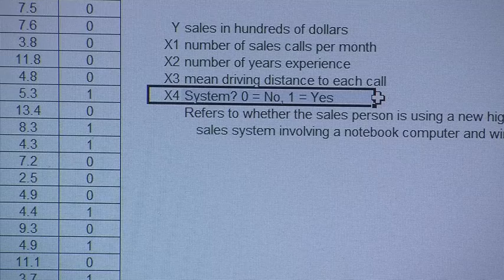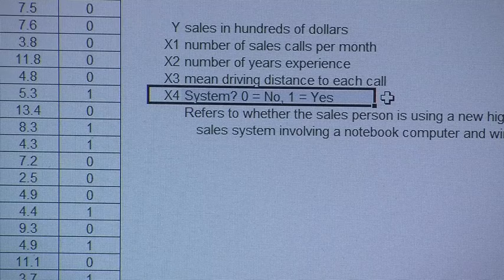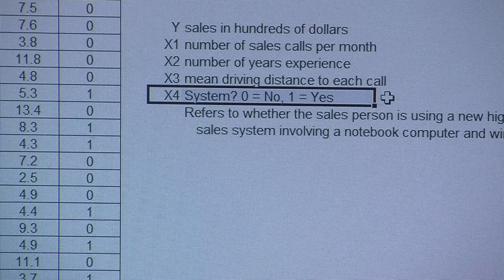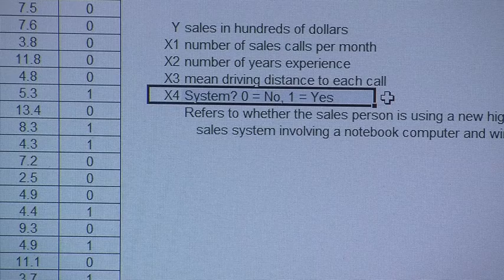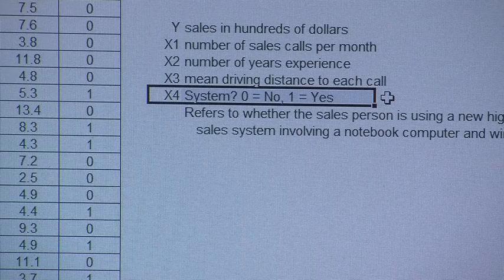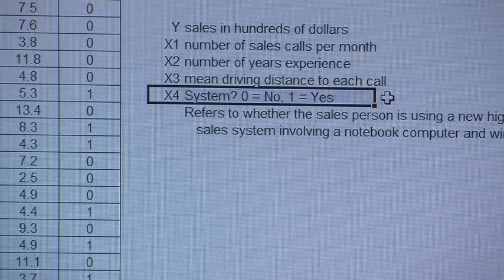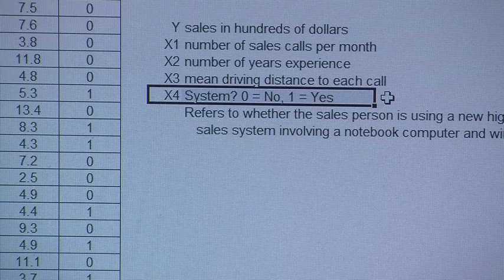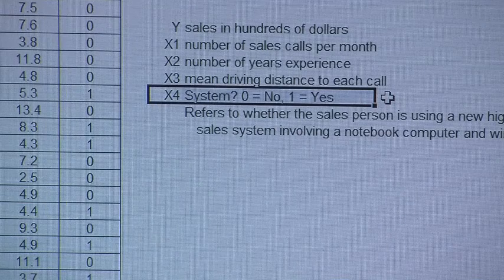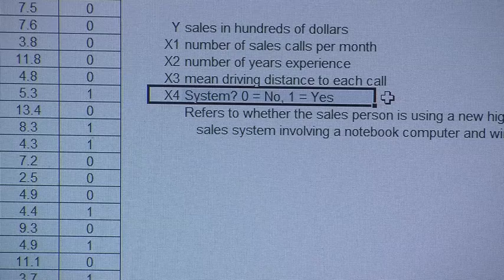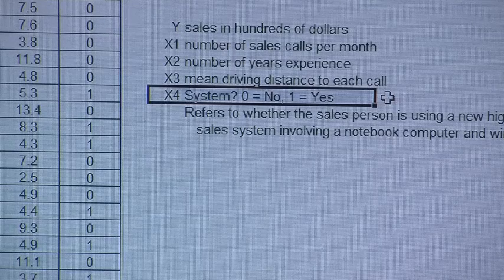If you notice here for variable x4, where I've got highlighted, that's a yes-no variable. And it has to do with whether they use some type of a new high-technology sales monitoring system. Well, you know by this point in the class that any variable that is set up as a yes-no variable, that's actually a 2-level nominal variable. Yet, I've told you that in simple regression and multiple regression, we should only use quantitatively scaled variables. That is, variables that are scaled